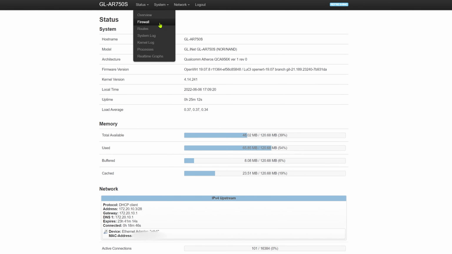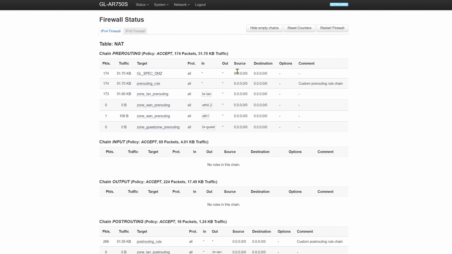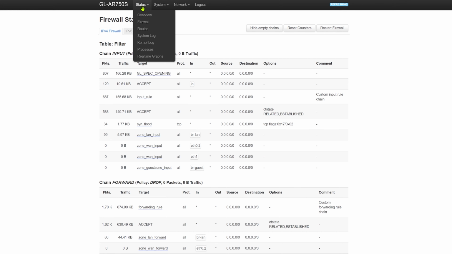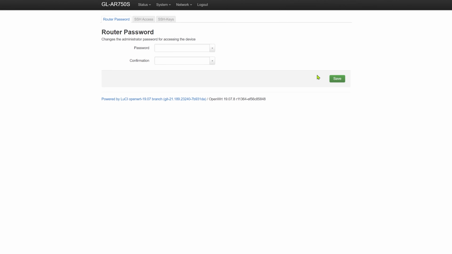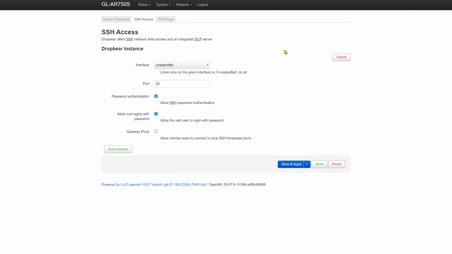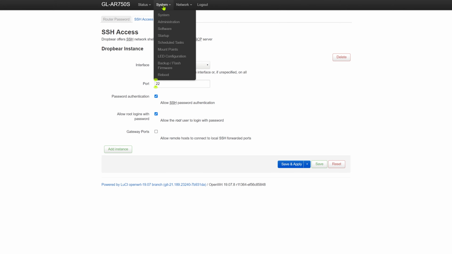So this is under the overview, and we have a whole status menu up here. For the firewall, we have a system log, and we have some advanced things under here. For example, administration. So here we can enable SSH access. Again, this is probably going to be outside of the scope of what most people are going to do with this device. But if you are a power user,